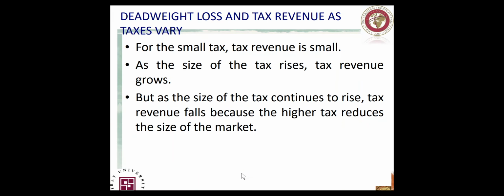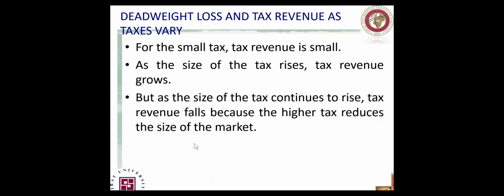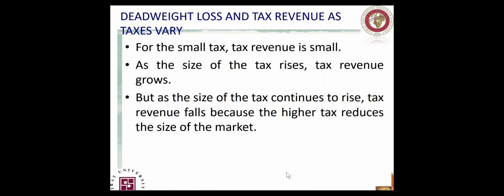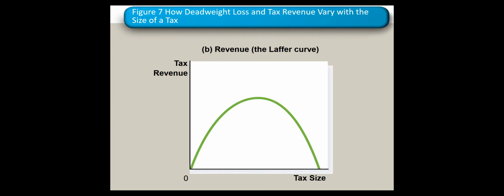Why will we reach zero? Now imagine, if you try to impose an extremely high tax, no buyers, no sellers, so you will receive zero. This strip will move virtually to zero, just one line. That means we don't have a width here, okay? No quantity to be sold. And that's exactly the idea of deadweight loss. We refer to this as the Laffer curve.